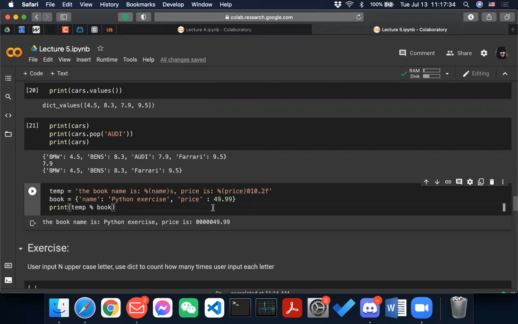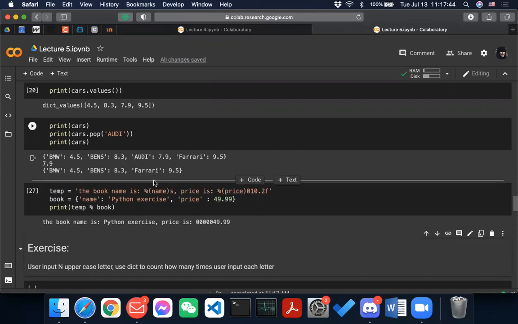When you run it, you also define a book dictionary, with name and price, and you pass that temp variable in with the book as the parameter, and it does what you expect, right?